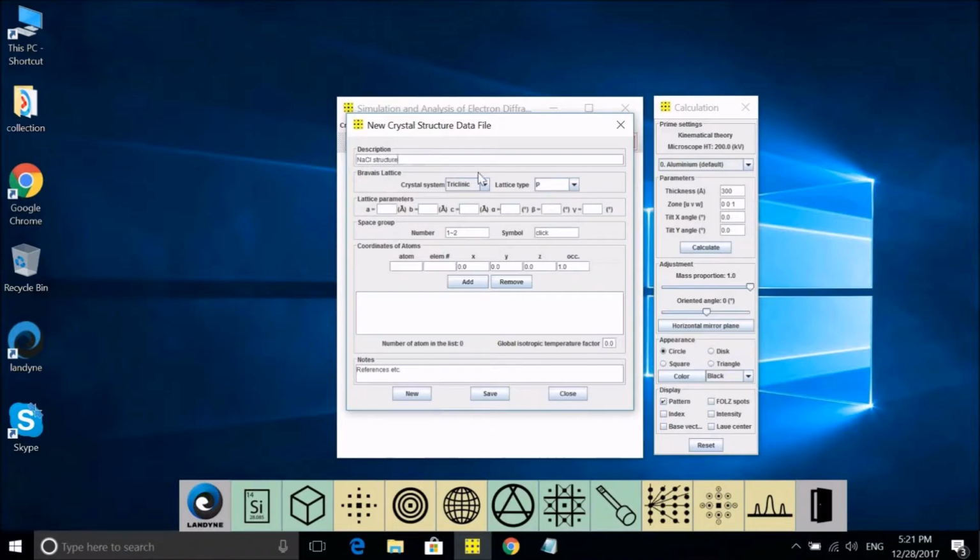And this is cubic, FCC structure with A equals 4.6402. And it's a cubic structure, so B and C equal A, and alpha, beta, gamma equal 90 degrees. And here the space group is limited, and it is 225. Let's check the symbol, and add atom as